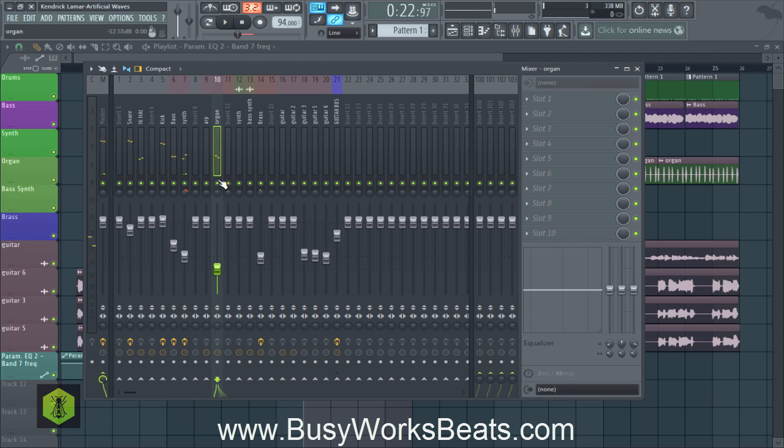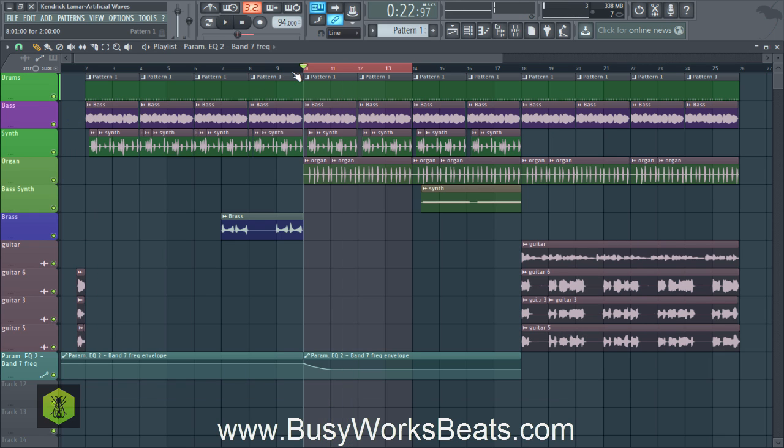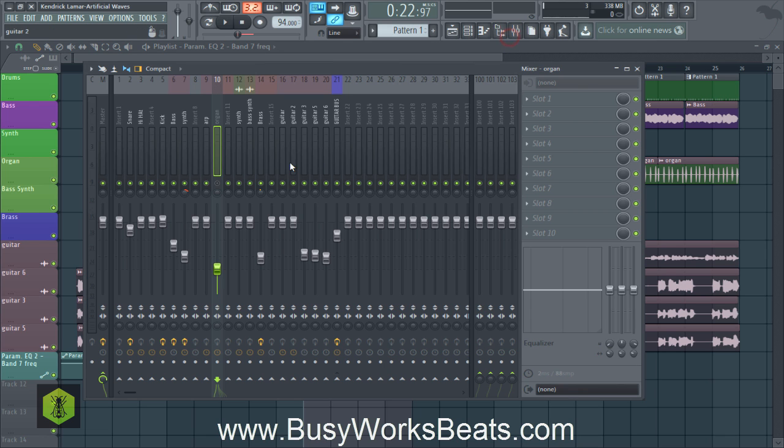So let's turn off the organ. I'm going to close my eyes, put my head down and listen to where things are panned, and then I'm going to decide which side the organ's going to go on. I just realized. Okay, so hold on. So basically what I hear is the synth in my right ear. So that tells me I should probably pan the organ to the left to counterbalance that synth.